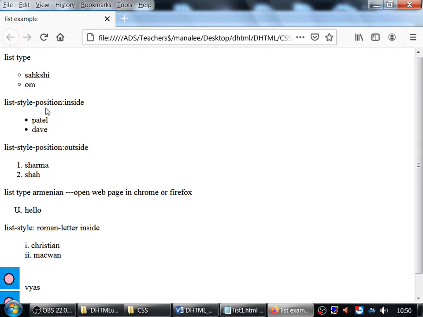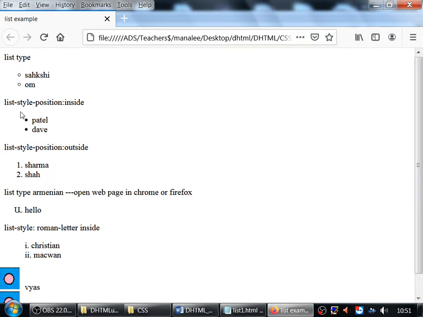Who is at the first position? No one. You don't want to decide the number positions. So for that you have to use an unordered list. For the unordered list, three options are there: disc, circle and square.